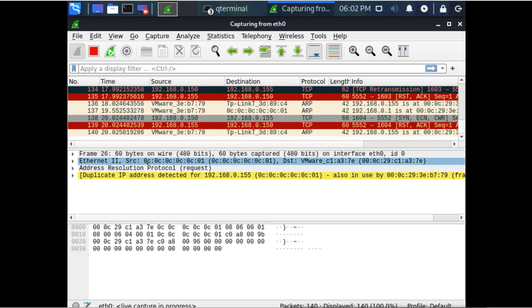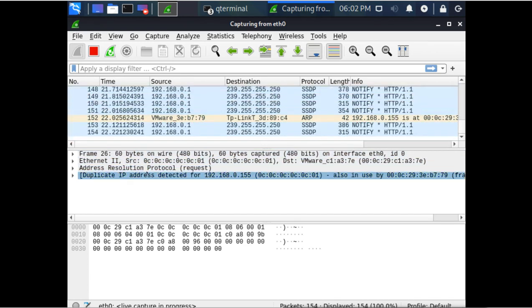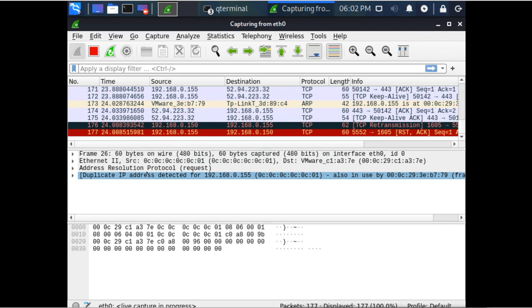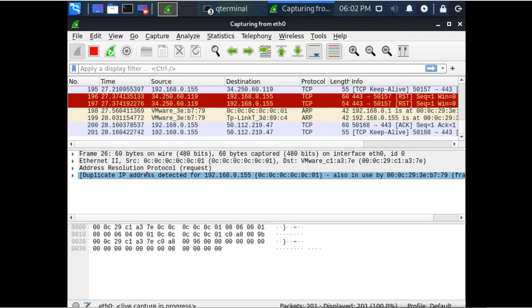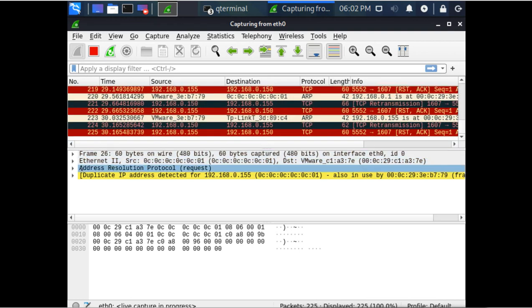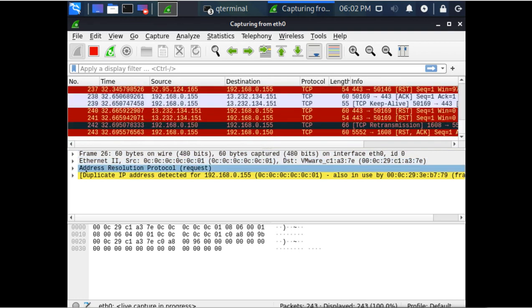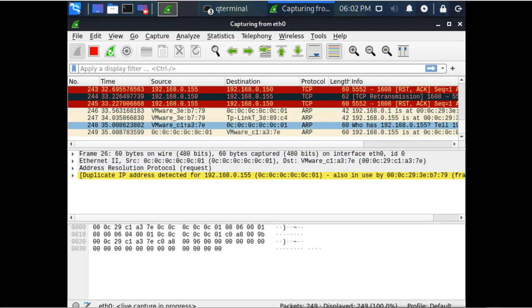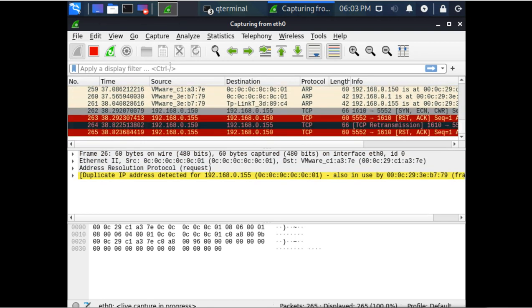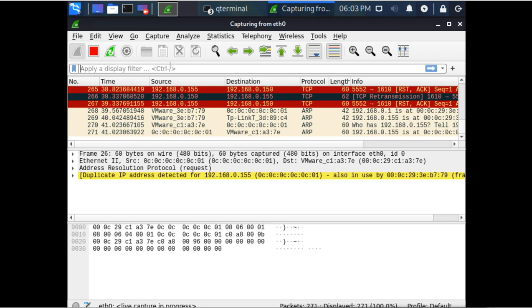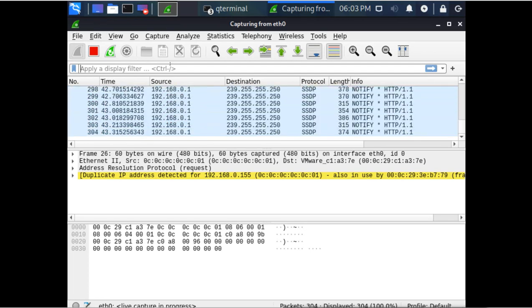On this side it will show you the layer-wise view, like the TCP/IP layers, we have 4 layers. So you can see these 4 layers here, 1, 2, 3, 4. So if you select any data, you can see those layers here. Then here you can apply the filters to see the specific data.